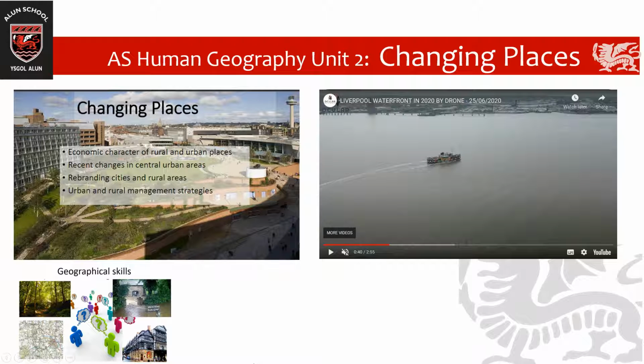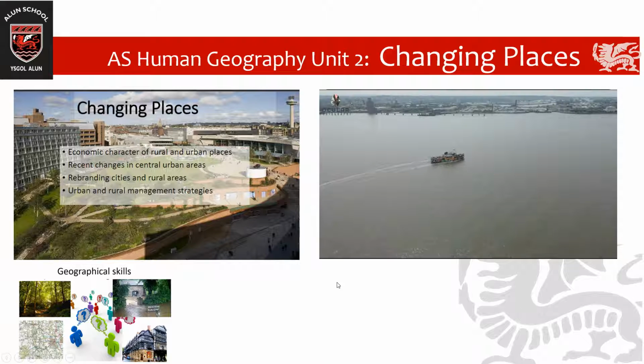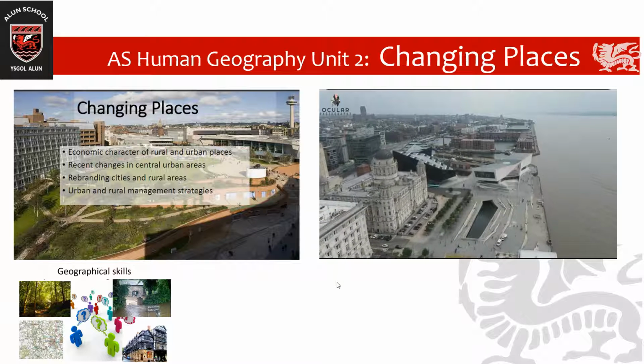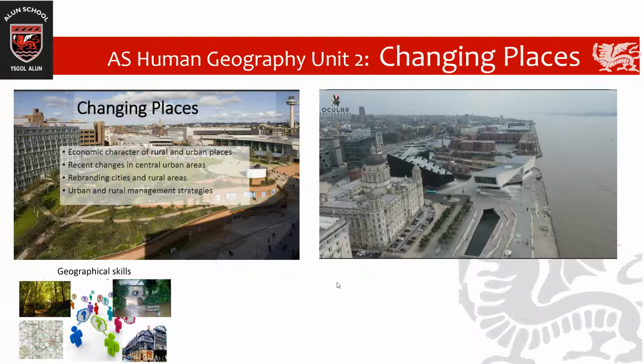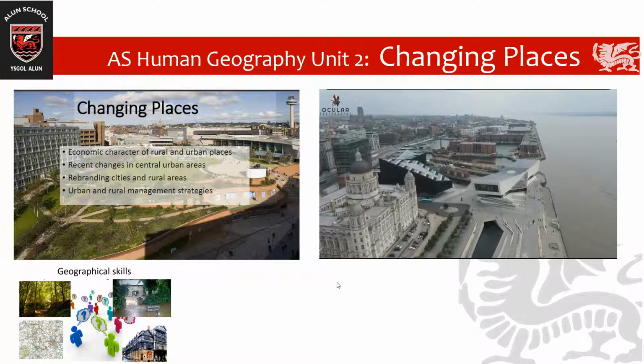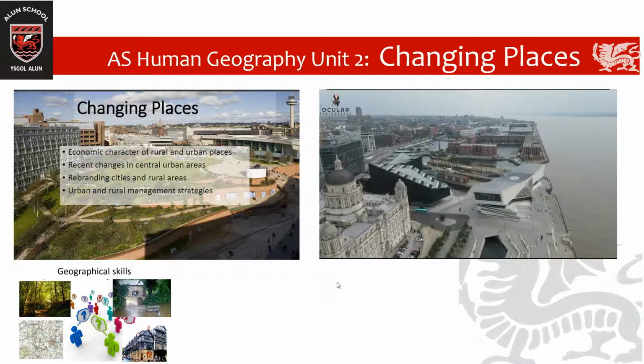The human part of the course focuses on changing places. This looks at how areas around the UK, urban and rural areas, have changed really over the last 30 years. So we focus on different case studies. We look at Liverpool, the impacts of regeneration on the waterfront, how successful it's been in terms of improving its